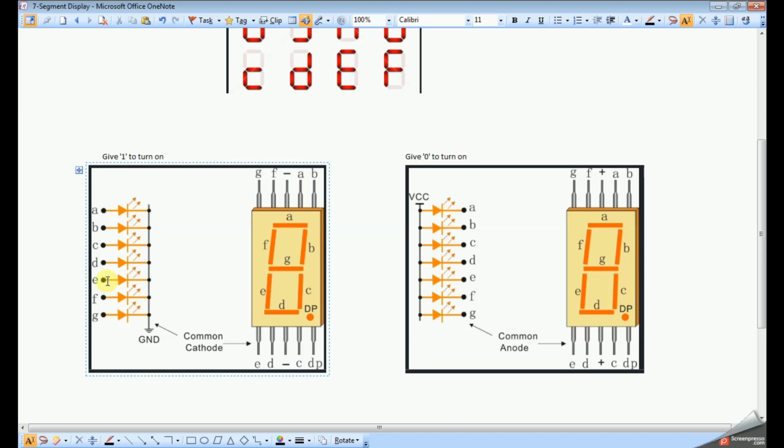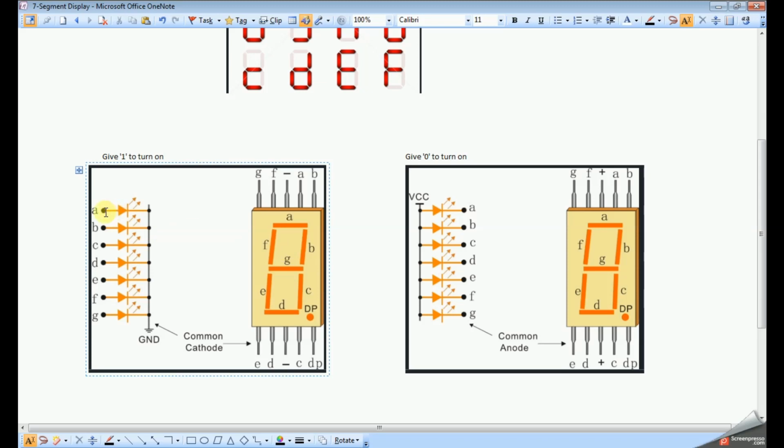So if you want to enable a particular segment, suppose I want to enable segment A, that is an A LED, so that is this one, then we need to give 1 to switch on this LED. So if you want to display number 1, for example, using this common cathode, then only the B, C segments need to be 1.